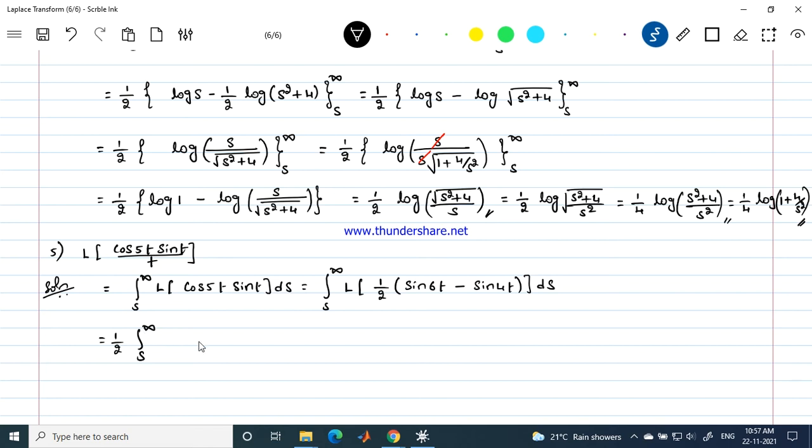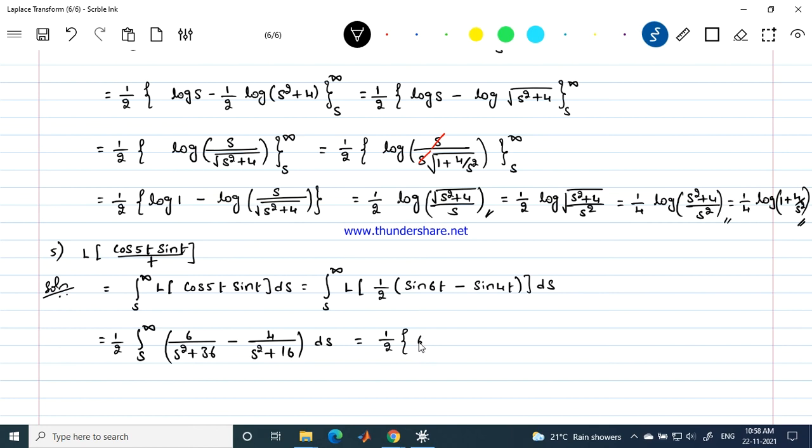Integration s to infinity, Laplace of sine 6t is 6 upon s square plus 36, minus 4 upon s square plus 16, ds. It's equal to 1 by 2 times